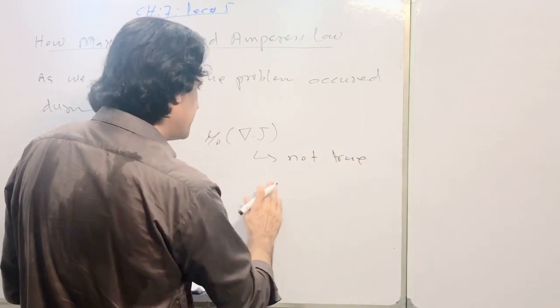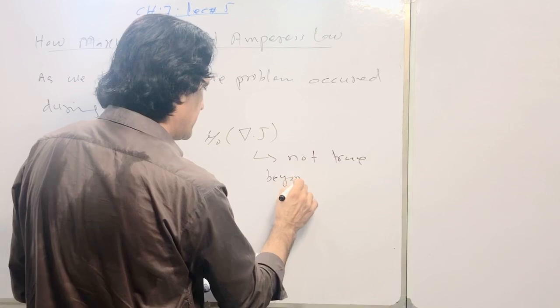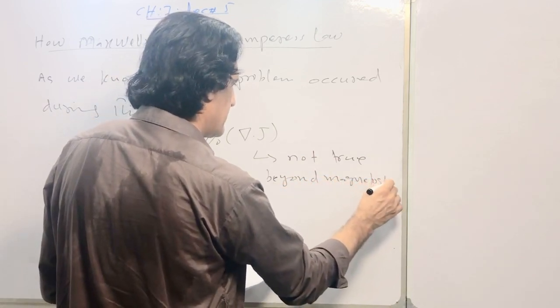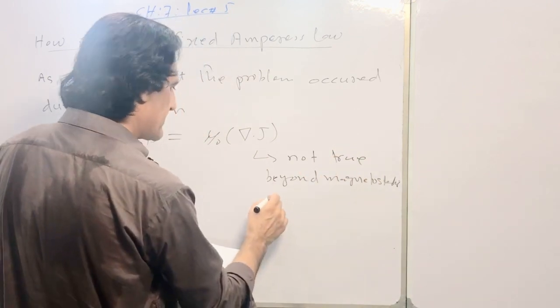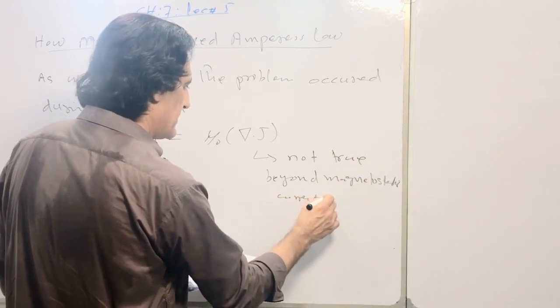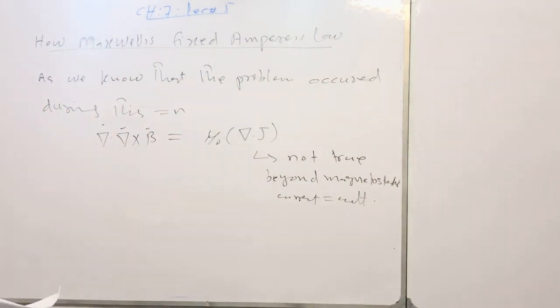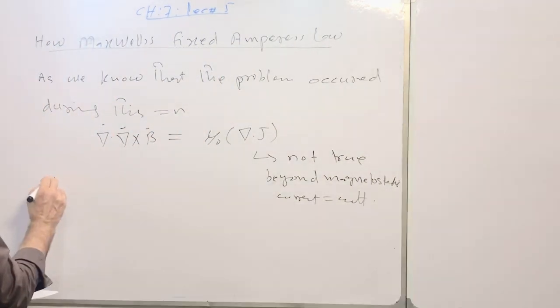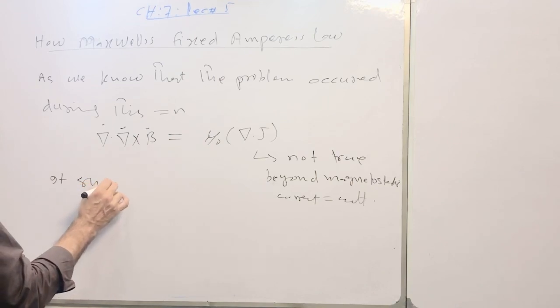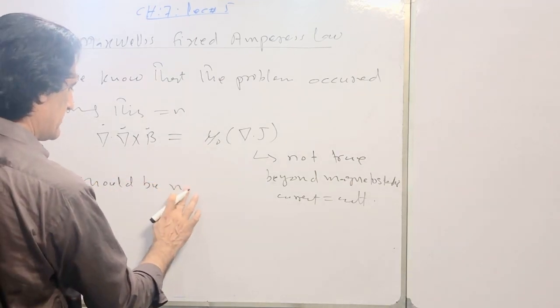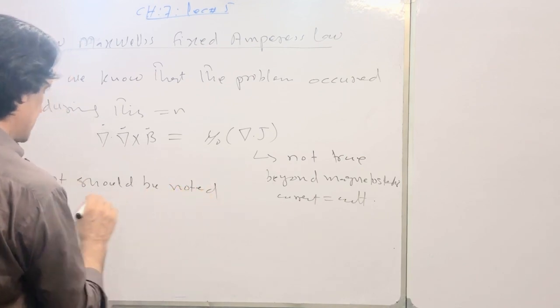for beyond magnetostatics. Magnetostatic means current is equal to constant. So for current equal to constant, it should be noted that